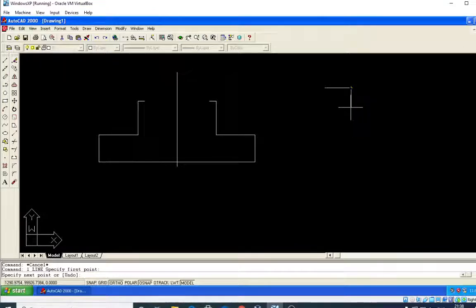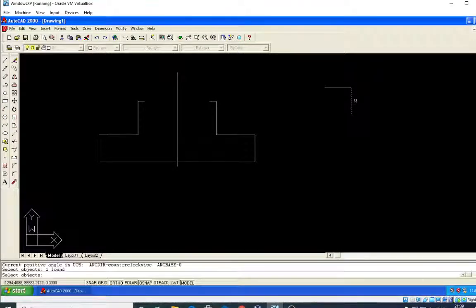I will draw this at an angle of 90, ortho is off, you can take it at an angle of 90. Sorry, line command you can take. So you can take an ortho 20 line. When you rotate this line, what you are getting, the RO command, and rotate this line from this point.